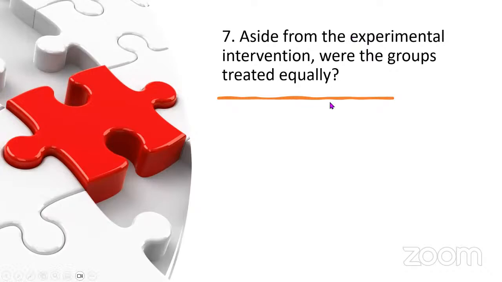Then another important question is, apart from your intervention, were the two groups treated equally? Now, suppose the group which received the vaccine were told to be more in a protected environment, and the people who received the placebo were not advised to follow masking strictly, and they were more exposed to the disease, then that would impact the